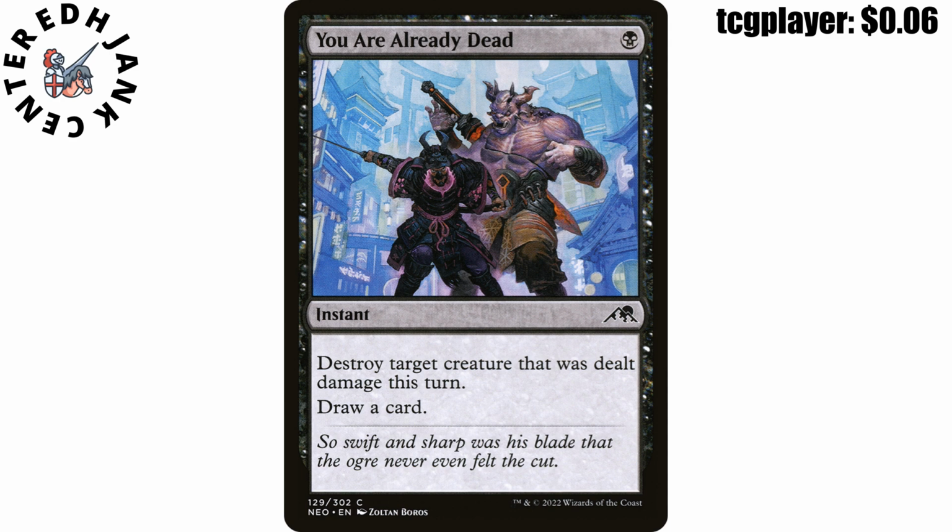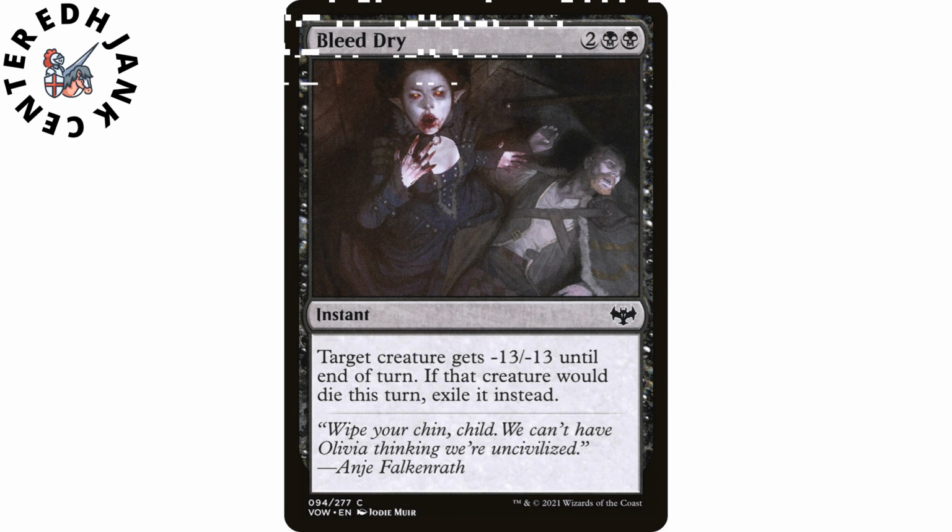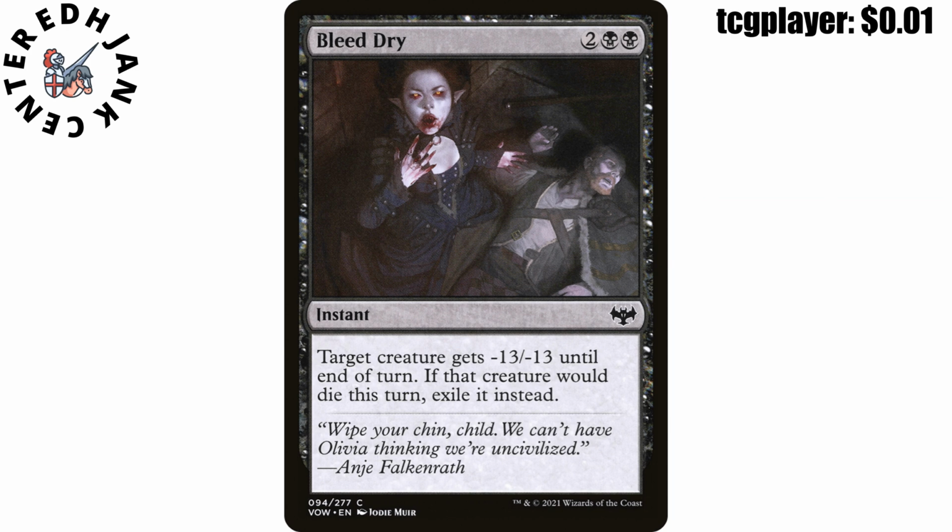Coming up next, I believe we have our cheapest card of the day. It's Bleed Dry. 2 black instant from Innistrad Crimson Vow. Target creature gets -13/-13 until end of turn. If that creature would die this turn, exile it instead. Oh my god. Like I said before with our first card of the day,